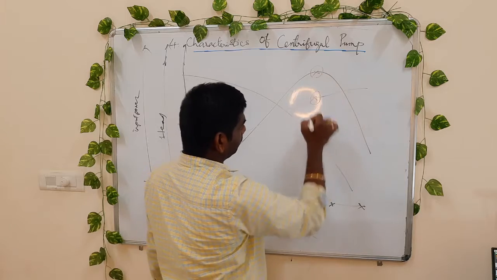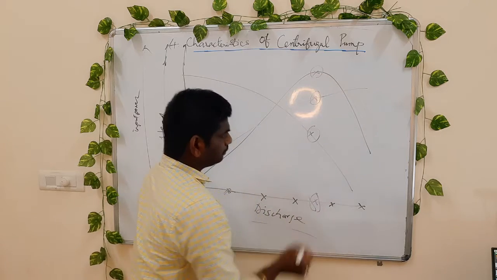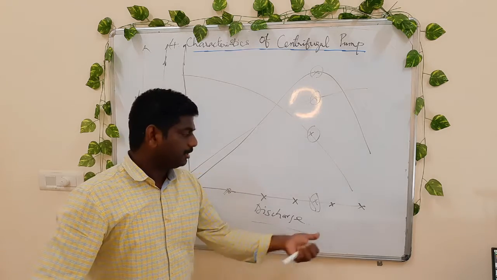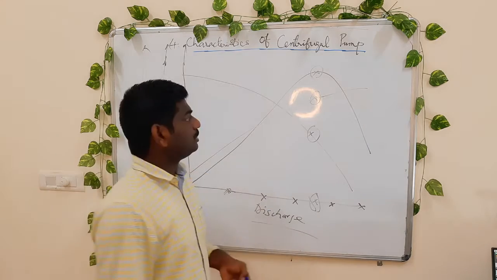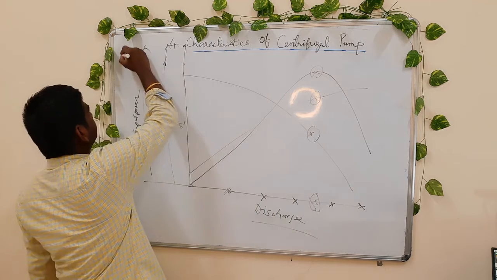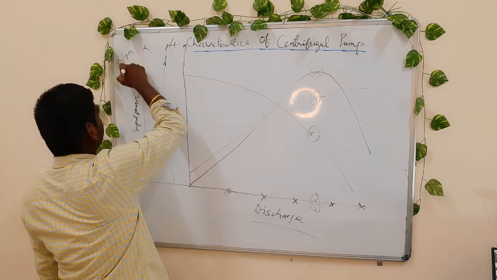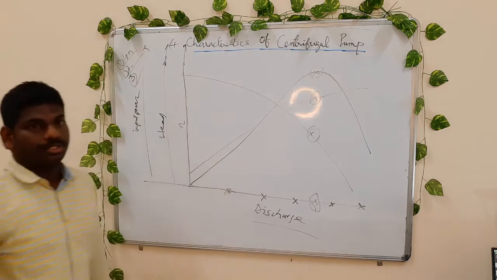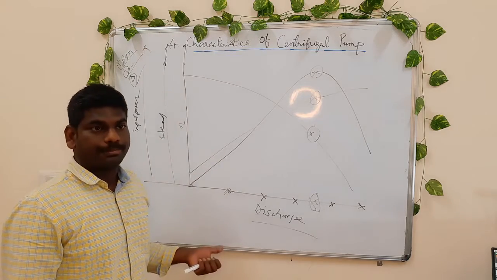So this is a major point you should know. What type of input power for a particular discharge is taken to have a high efficiency. Like that, for different RPMs, we have taken 3 RPMs, right. So you need to plot this overall plot for different RPMs.